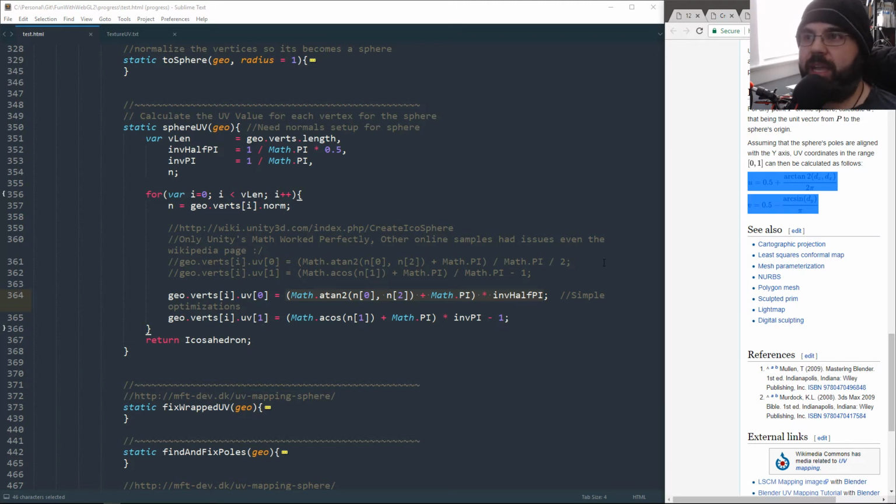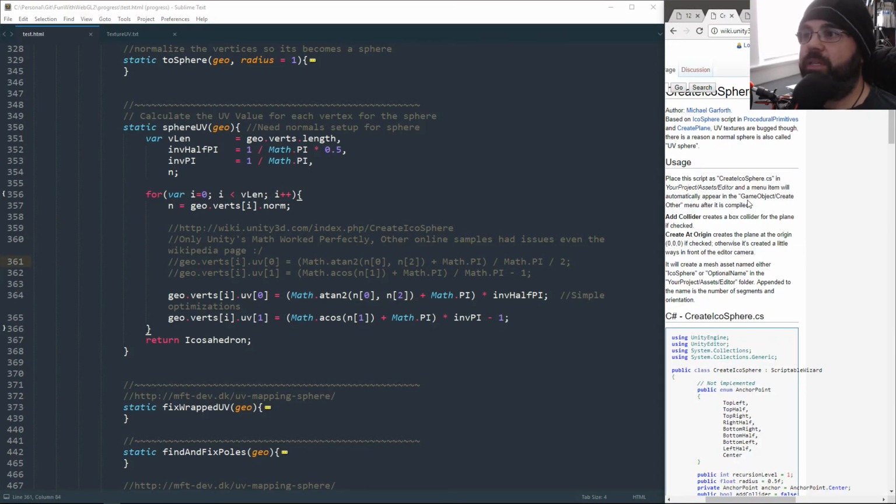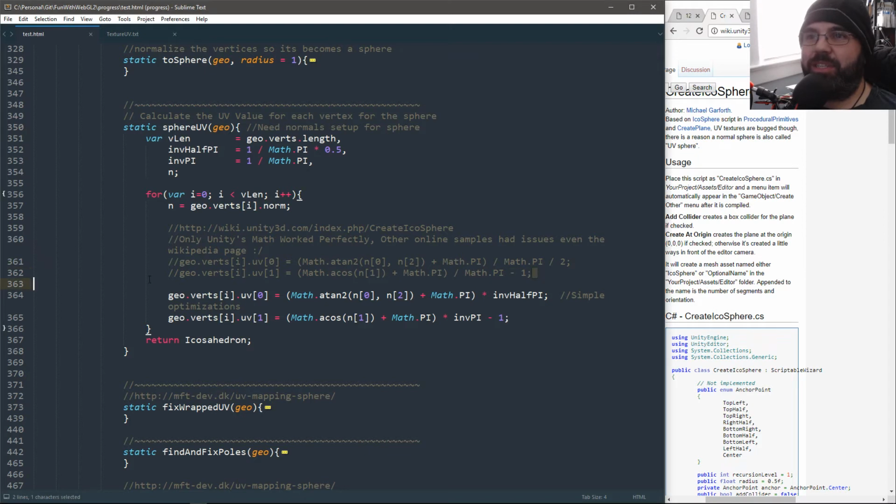It took me like days until I found this Unity page, and I saw, well, the math is different. It's done differently. But you know what? I trust Unity because Unity is a gaming engine, and I'm pretty sure this works. So this works. So like I said, this is the original, and this is me doing a little bit of